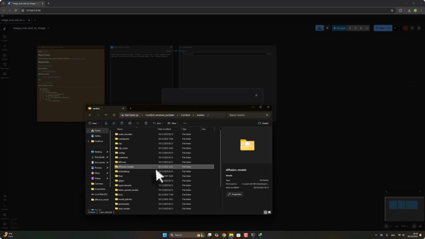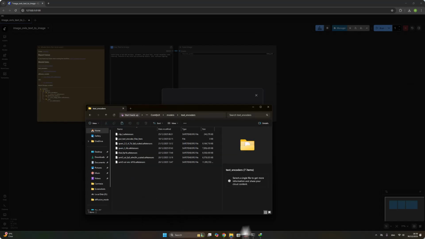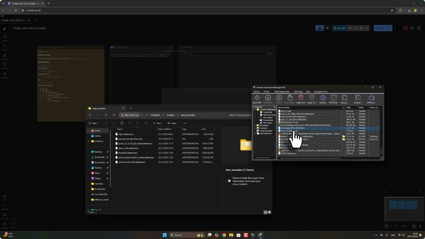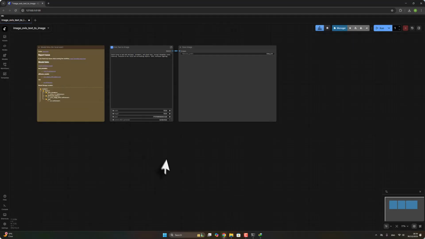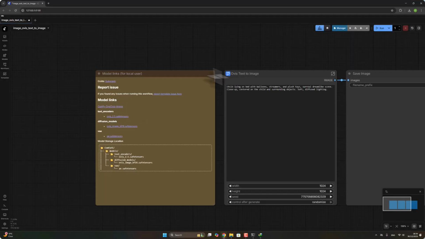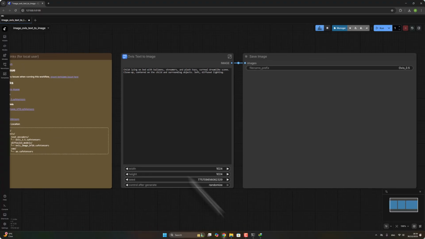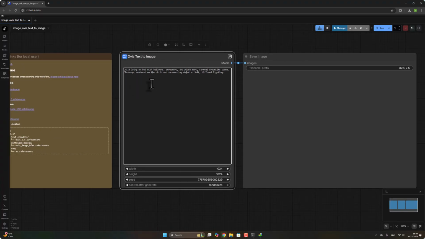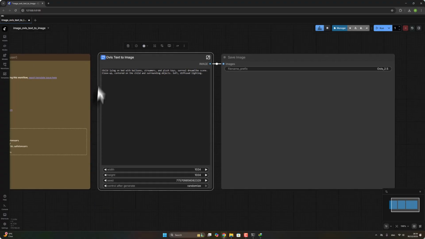Go right here, return to models, search for text encoder, and add the second one. Okay, I think it's fine. This model link at that side is where you download the diffusion model, and you can download the VAE and add it through this path. After that, you can add your prompt right here to create our image using this